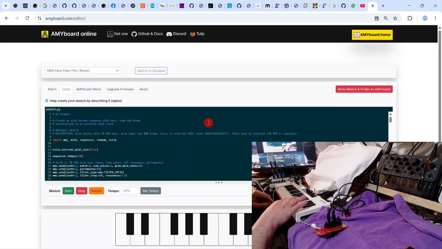I can't hear much on channel 1 unless I turn it off. So that's channel 3, that's channel 2. So that's its approximation of a TB303,